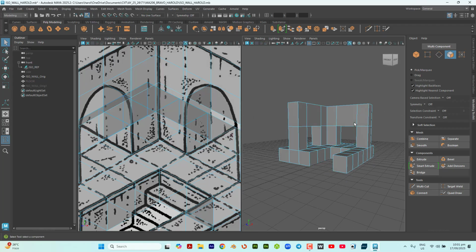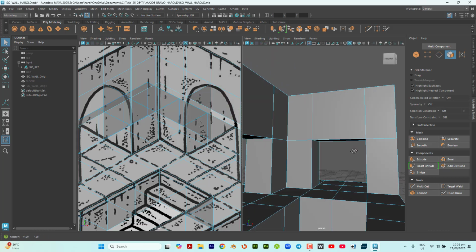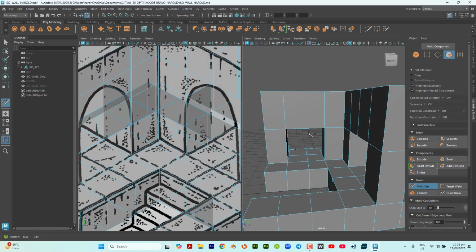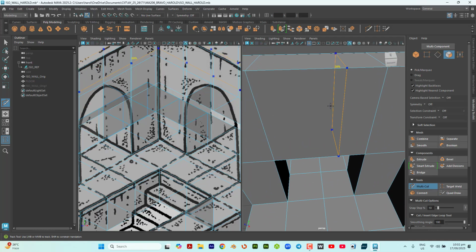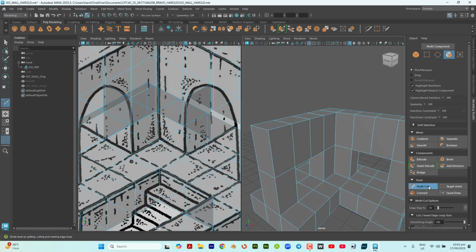So what I'll do is this. I will use the multi-cut tool again, cut at the center of this bridge. Again at the center, so this means I'll cut at the 50% mark. So here's the 50, click that. I'll go to the other side, do another 50% mark cut, and then there it is. I'll turn off the multi-cut tool. After I turned off the multi-cut tool, zooming out,